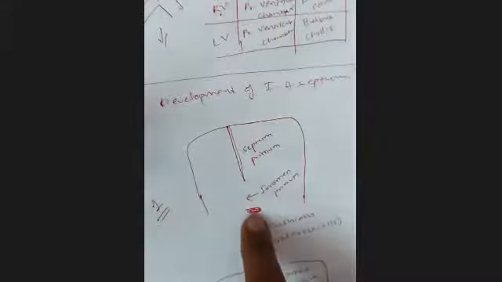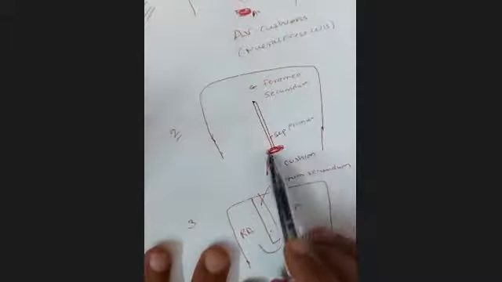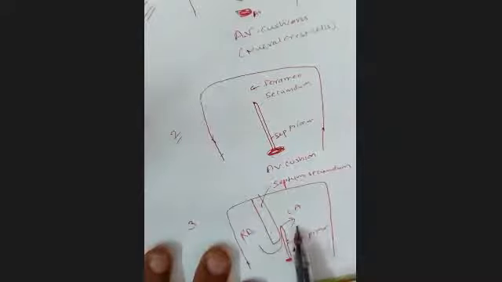This is the AV cushion. This is the common atrial chamber. Septum primum comes from the top and does not unite with the AV cushion, creating a foramen primum. Then it unites with the AV cushion and creates a foramen secundum on the top. Then septum secundum comes and the thin primum is here. Blood pushes this thin primum and goes from right to left side.